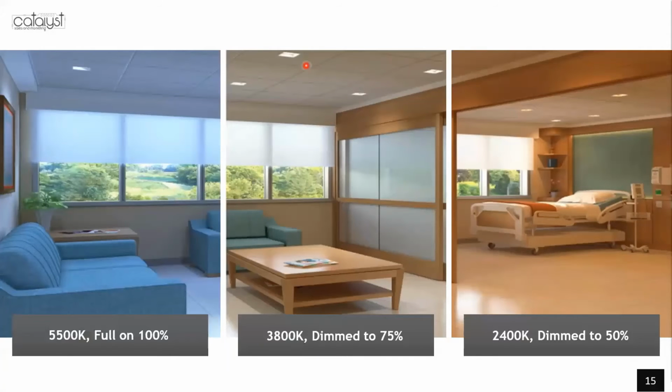And visually, what does that look like? Well, it looks like this. So at high noon on the far left-hand side here, the lights would be tuned to 5,500 Kelvin at lunchtime, and that's full on 100%, because there's two parts to this story. One is the shifting of color temperature. The other is the intensity of light. So high noon, we're at 5,500 Kelvin, full on 100%, and then as the sun begins to go down later in the day,